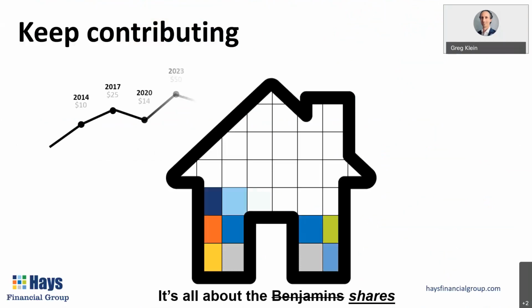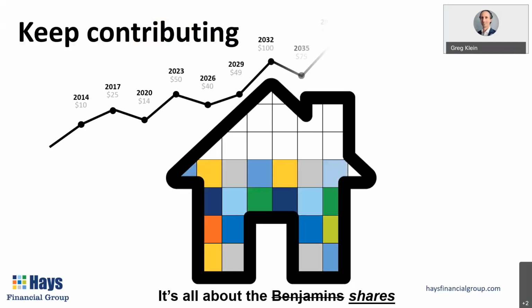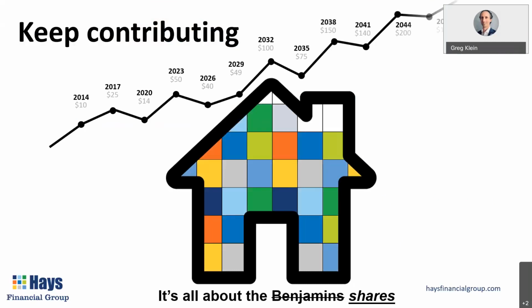Because even if things are bad and the market is down, I tell people focus on the fact that you're still acquiring shares. With every deposit you make, you're acquiring shares. And equate this to building your retirement house. So your retirement house that you're building, you're not going to buy it all at once. You're going to buy a square foot at a time until you eventually acquire this entire house by the time you retire. But what you're doing is you're acquiring square footage. Those are the shares that you buy when you make a deposit in your account.